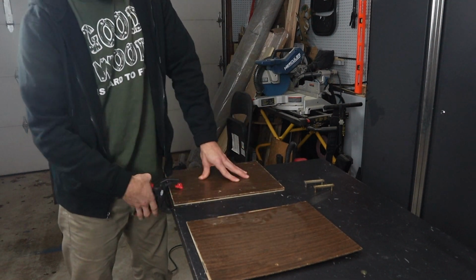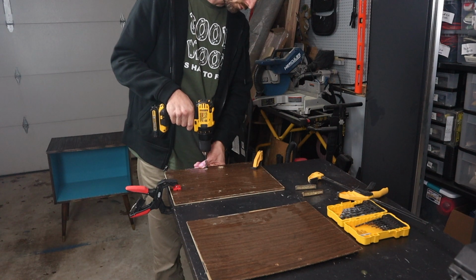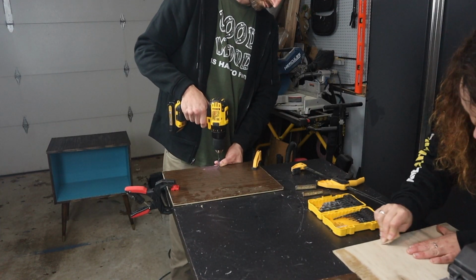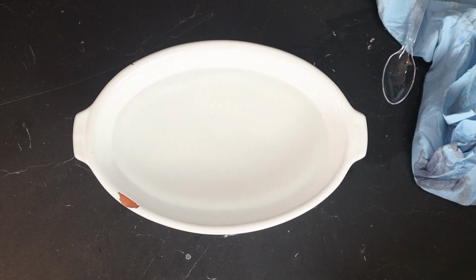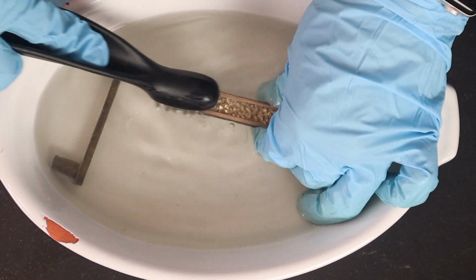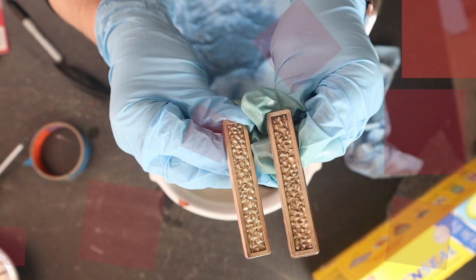We had already decided to reuse the old hardware, so we used the old doors as guidelines for the placement of the handles and drilled out the holes. You'll see that we drilled from the front so that we didn't have a tear off of the veneer. Speaking of the handles, they needed a good cleaning. We soaked them in a water and vinegar solution and then used a wire brush to make them almost just like new. Next up,